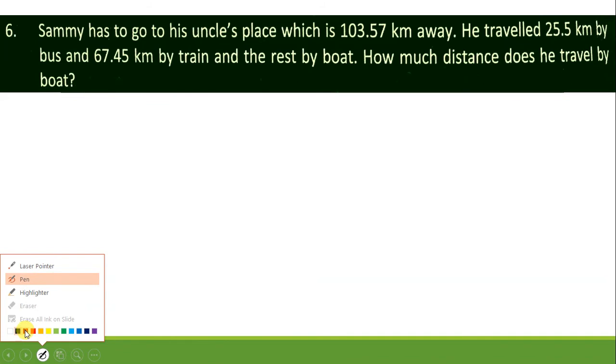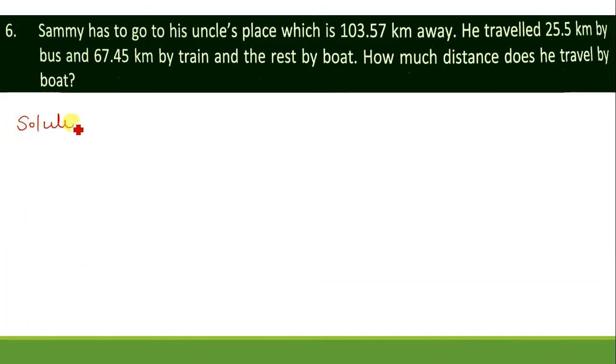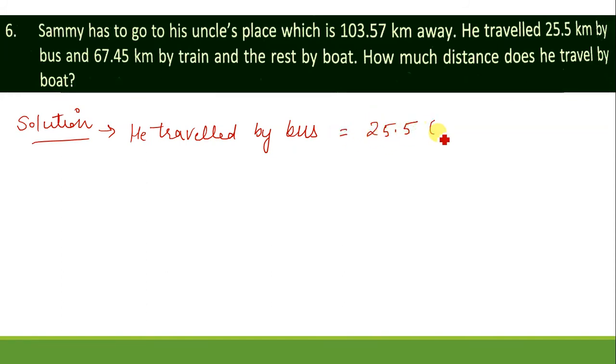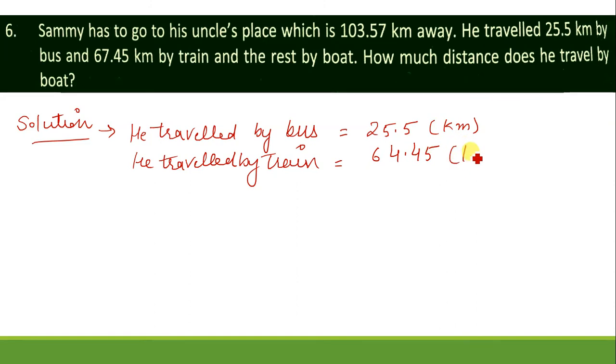So for the solution, the solution says what is given. First you have to calculate the total distance traveled by him by bus and by train. So he traveled by bus 25.5 kilometer. And by train, he traveled by train 67.45 kilometer. Now total traveled,